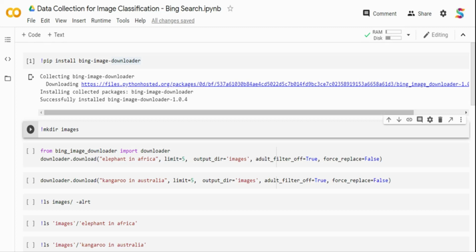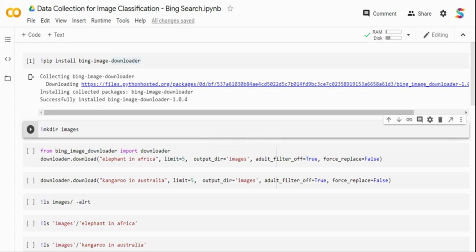Hi, in this video you will see how you can download images from Bing Image Search. In my last video we saw how we can do it using Google Images. Sometimes Google changes their policies and maybe disables image downloading. So you may want an alternate channel to download images, and you might require these images for your image classification task. You are building a custom image classifier and you may need it. So in this video we'll see how we can do it using Microsoft Bing.